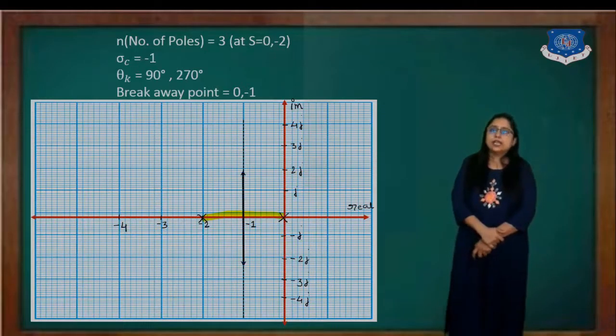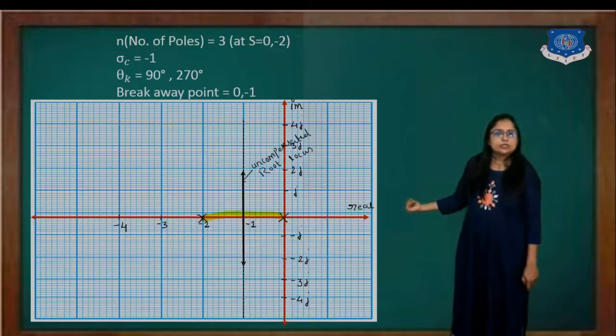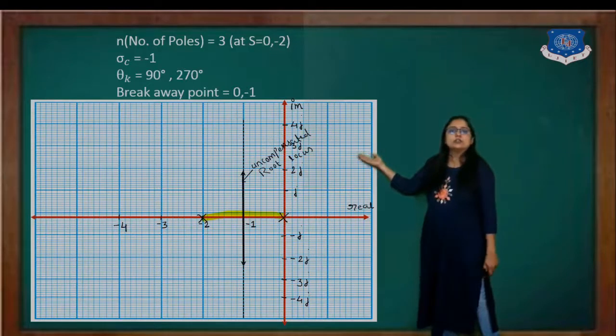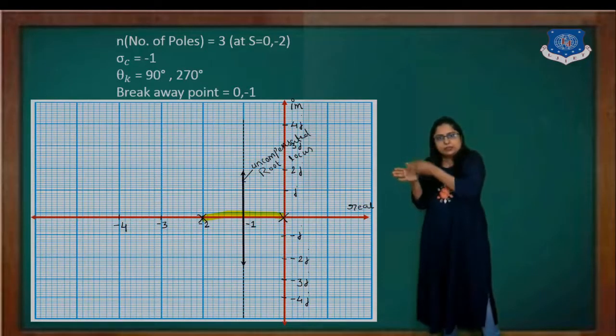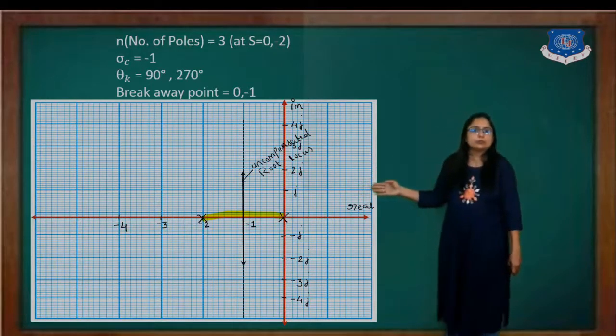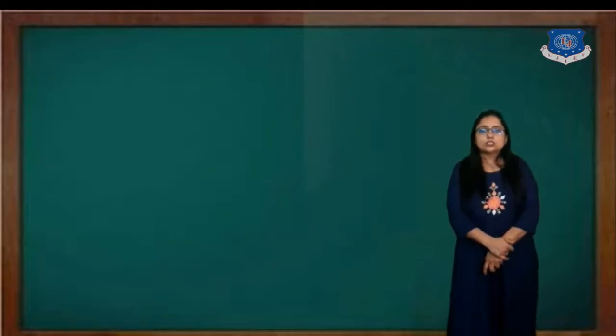Now here this is the angle. From -1, one is 90, another is 270. And this is the uncompensated root locus, because the root locus will start at the origin. It will cut the breakaway point -1 and go in the up direction, towards 90, or the down direction, towards 270, and the same way for -2. So this is all about the uncompensated root locus.